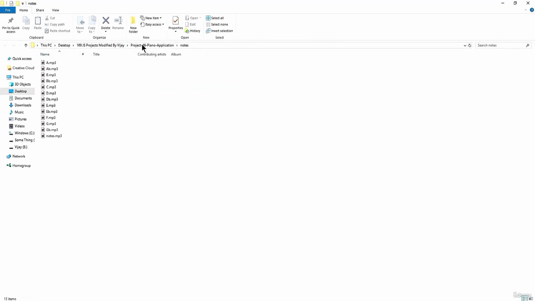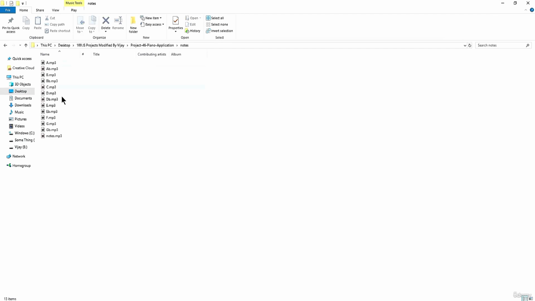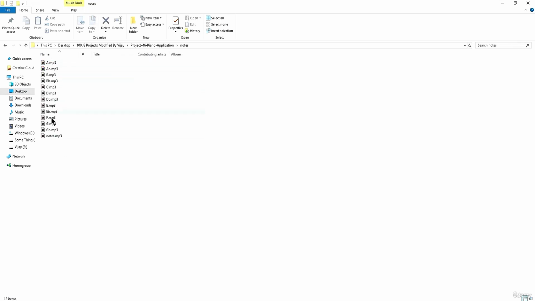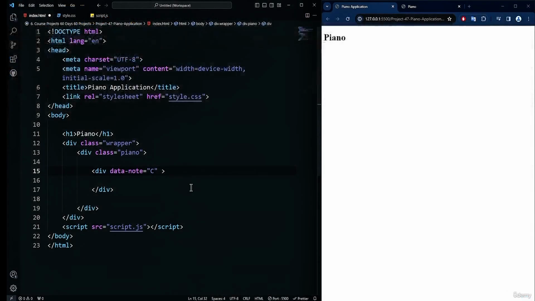This is the folder structure for this project. You can see I have the index.html, script.js, then style.css. Then you need to download this folder, which is the notes, from the resource section of this lecture, which is going to be a RAR file. Then you will get the mp3 audio files of the piano notes to use inside the project. Alright, so after specifying the notes folder inside the project, it's time to continue the code inside